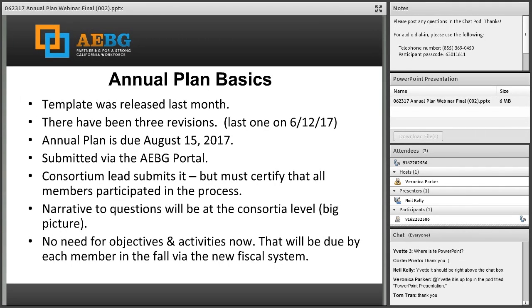On August 15th it must be submitted through the portal, so you must have access to the portal. And the consortium lead submits it and certifies that all members have participated in the process. So if you don't have access to the portal, then you would have to request access to that portal. If your consortia lead is in the midst of changing or retiring, replacing that lead, you'd have to get access and